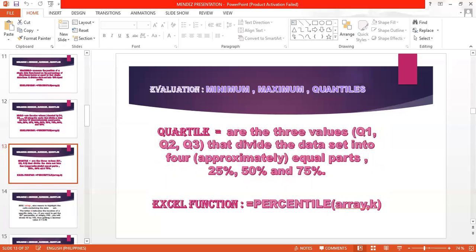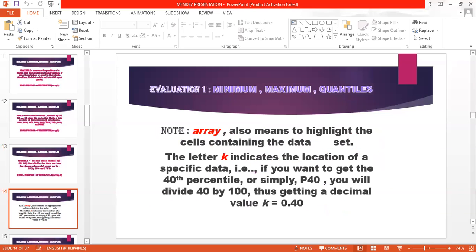When we say quartile, these are the 3 values Q1, Q2, Q3 that divide the data set into 4 approximately equal parts: 25% as Q1, 50% as Q2, and 75% as Q3. In getting the quartile, use the Excel function equals PERCENTILE, open parenthesis, array, comma, k, then close parenthesis. Note, array also means to highlight the cells